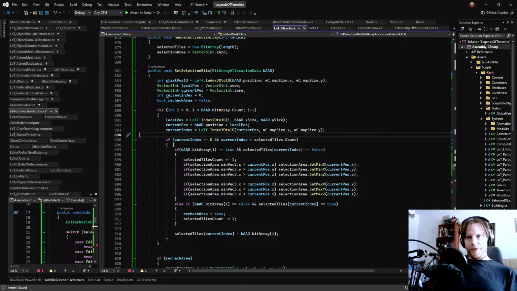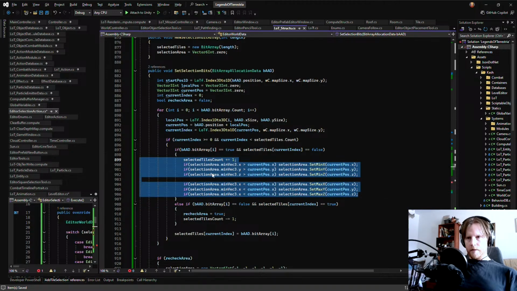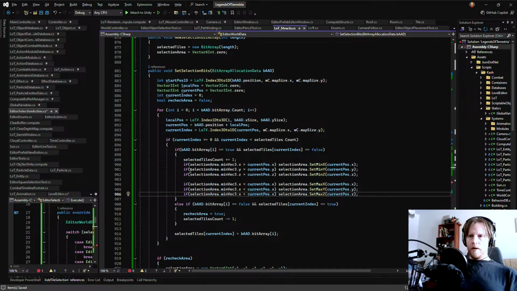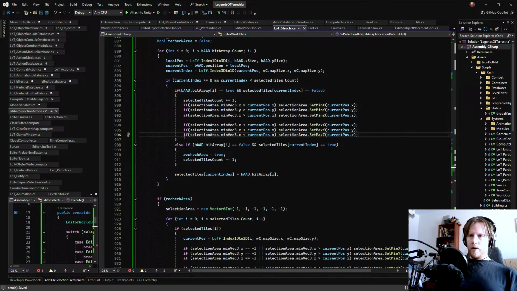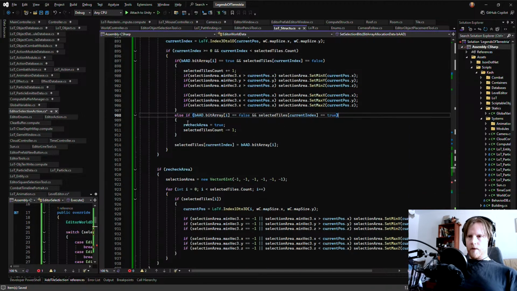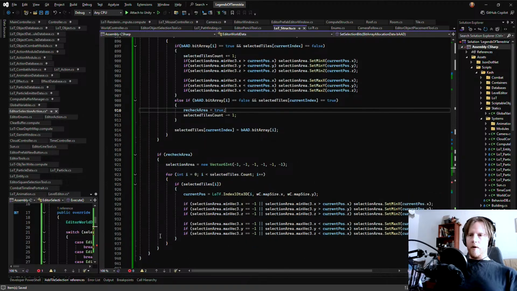And then here, when we set a tile as selected, all we need to do is just do a min and max check, and then just increase or decrease the min and max of the selection area. But when we remove tiles, we have to recheck the entire area.